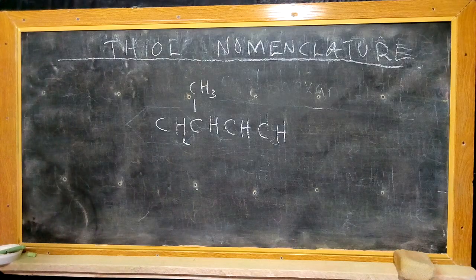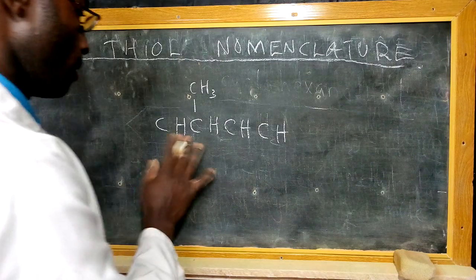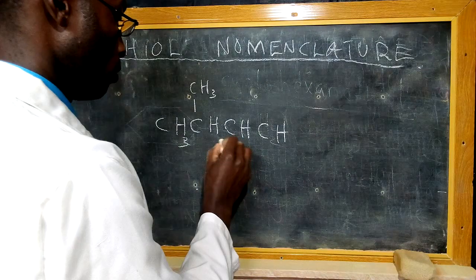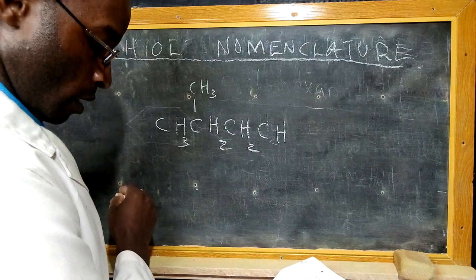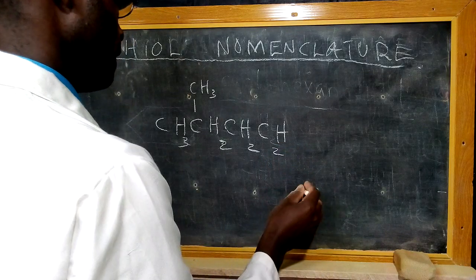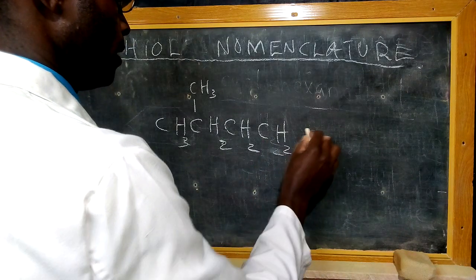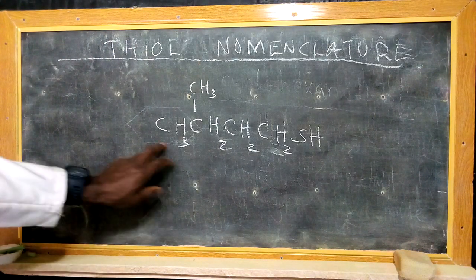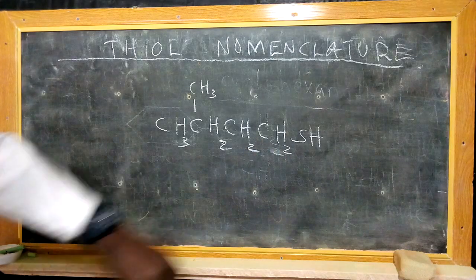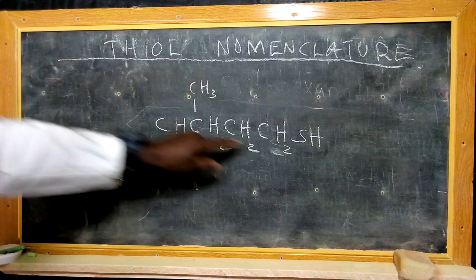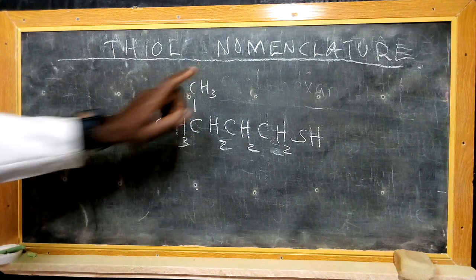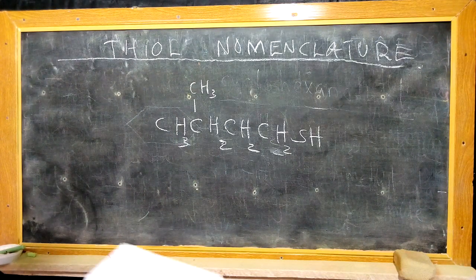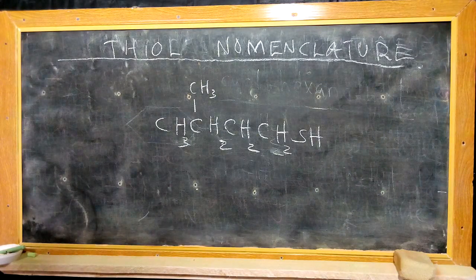So this is 2, 3. This is 3. And I have CH3, and then CH2, CH2. And then we have a functional group there. So we have a 1, 2, 3, 4. Okay, either way we can name it using this order: 1, 2, 3, 4. So we have 2 routes for this particular compound. So we shall be able to name this compound in